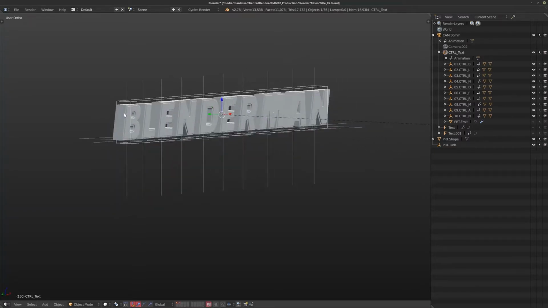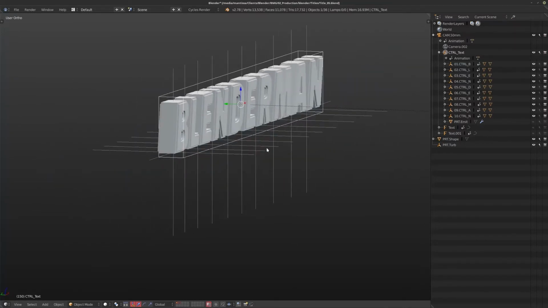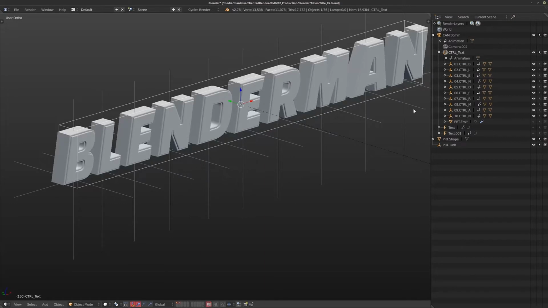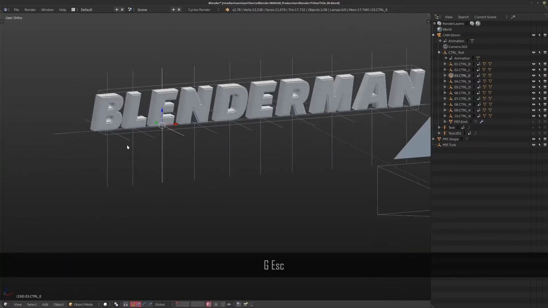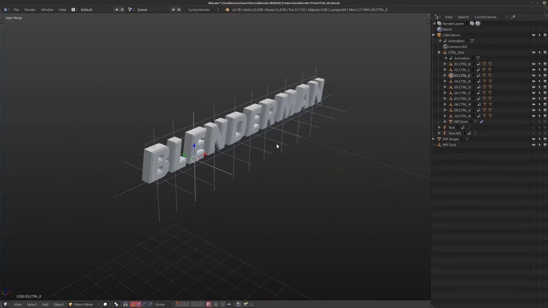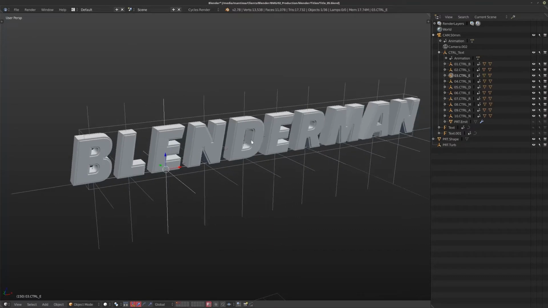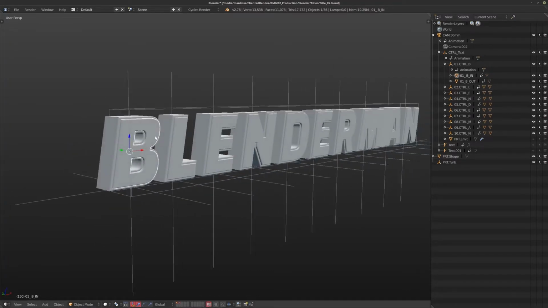Now, to that object itself, sorry about that, we actually have a whole bunch of other empties linked to it as well. Now these are non-selectable, so let me turn on selectable here for a second, and these control individual letters. Now, the reason I have these controlling individual letters is something I'll show you in just a second, but I've separated all of these out, and all of these are separated meshes. If I open up the first control one here, so that would be the first empty over here, you can see we have the inside B and the outside B both linked to this control.